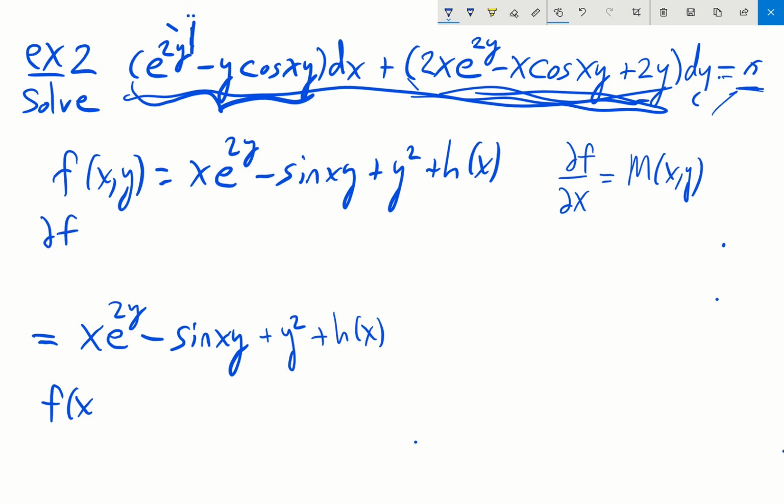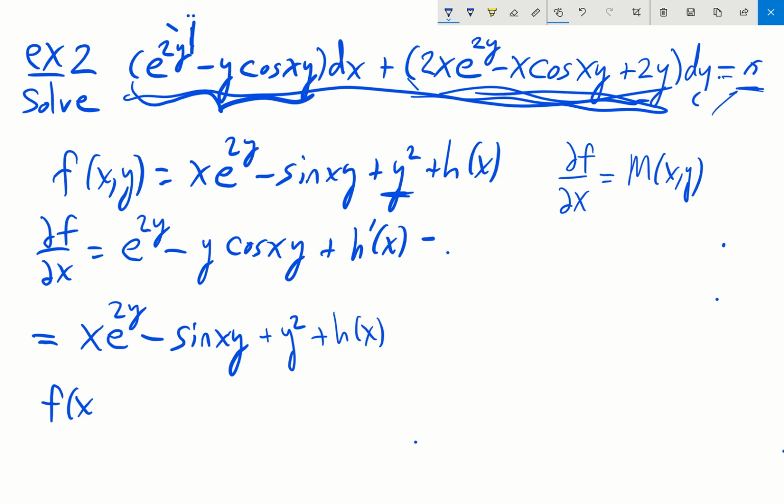The partial of f with respect to x is going to be equal to e to the 2y minus y cosine of xy. Derivative of y squared with respect to x is 0. We get plus h prime of x, and this is supposed to be equal to M of x comma y,